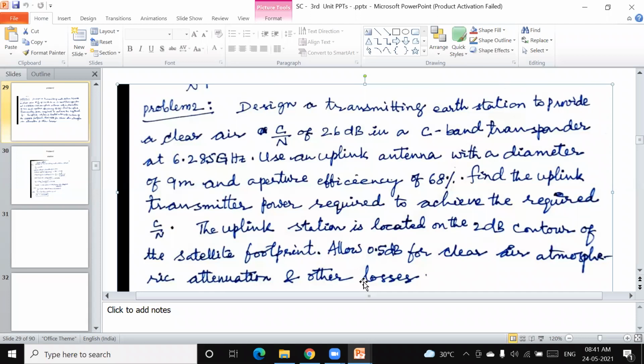Whereas in the first problem, he had given all the losses in dB, here he has given only these two. Therefore, you have to consider the C by N formula for the transmitting earth station for an uplink design, or the uplink direction. Then you get that and you can substitute the values. So for C by N, if you see the solution to this,